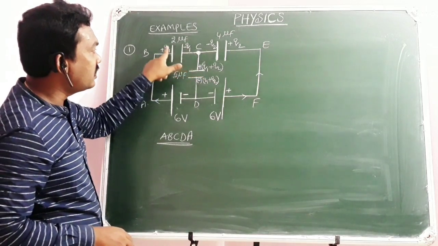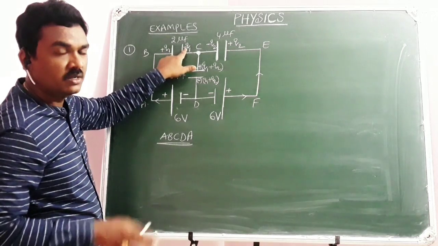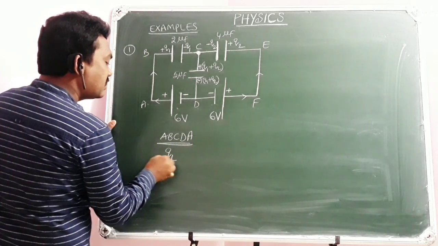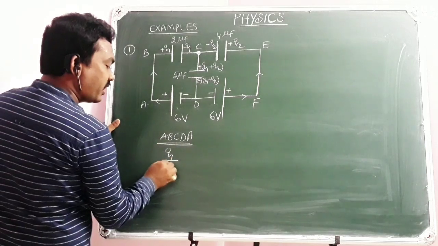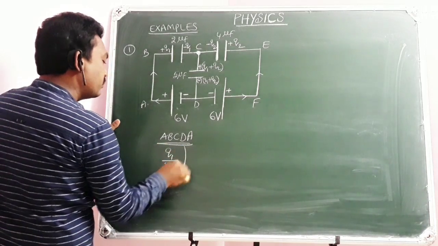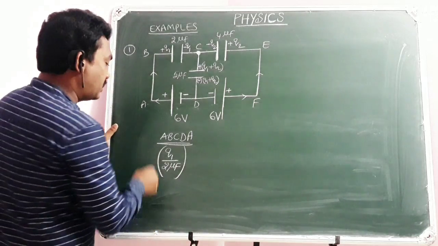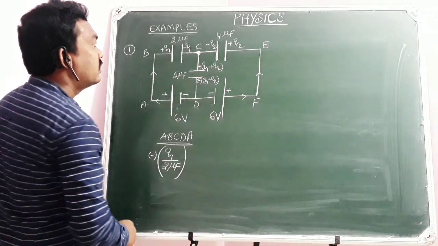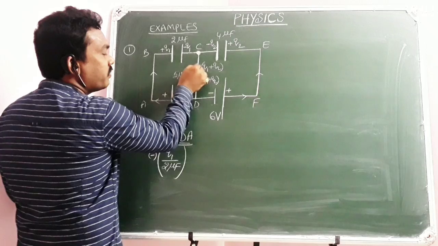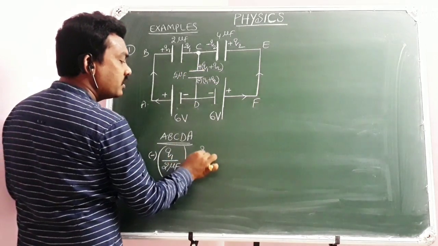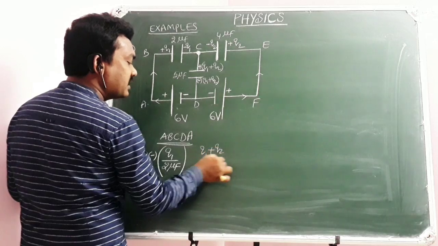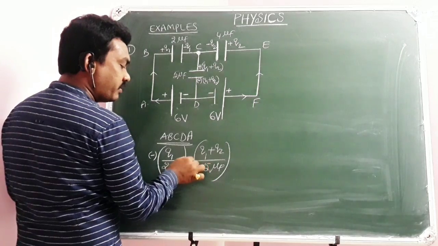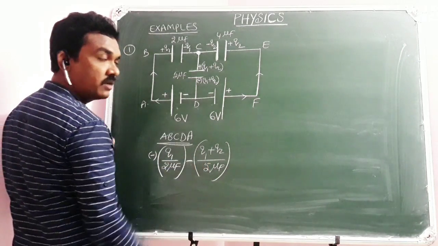B to C, while moving from B to C, there is a potential drop because it goes from positive plate to negative plate. How much potential drop? V is equal to Q by C, C means 2 microfarad. Let me write in terms of microfarad for some time. But there is a drop, that's why it is negative. Rise means positive, drop means minus, that we have learned in the earlier class. Now C to D, plus to minus, again potential drop. How much of a drop? Q1 plus Q2 by C, C means 5 microfarad. Of course again minus, that minus I am putting here itself.